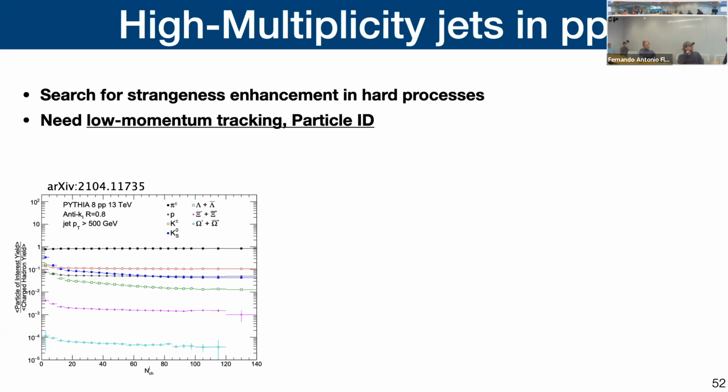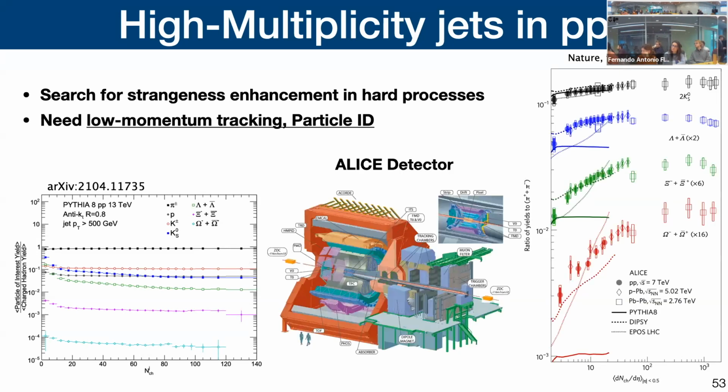There's also another measurement I'm very excited about that we identified in this same study, and that is searching for strangeness within individual jets at the LHC. You can see here, this is the ratio of various identified particles to inclusive charged hadrons. They're mostly pions, but there's also protons, kaons, and so on. And the idea is that if you look at jets with a large number of particles, to see if we see something that deviates from Pythia, which is very flat, right? And in fact, a very similar measurement has been done already by the ALICE detector, shown in Nature here.